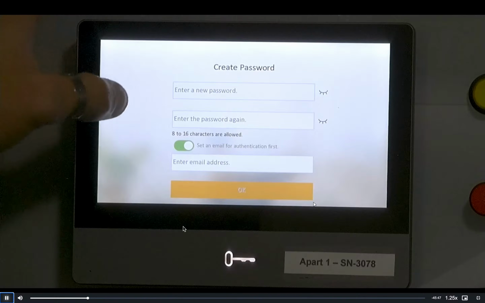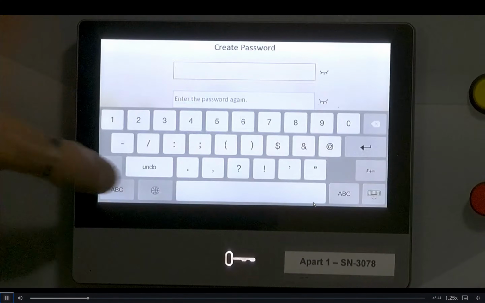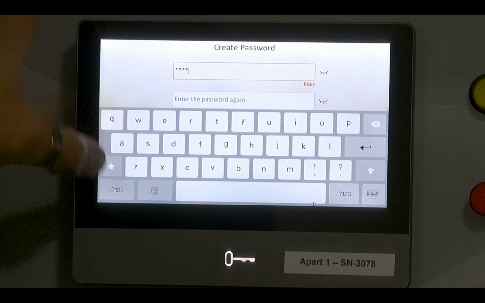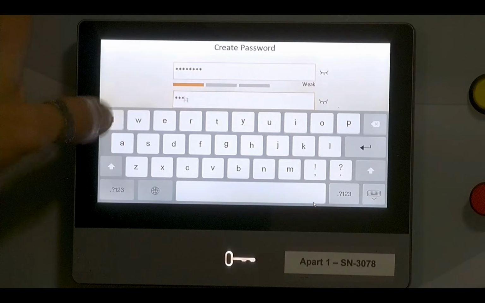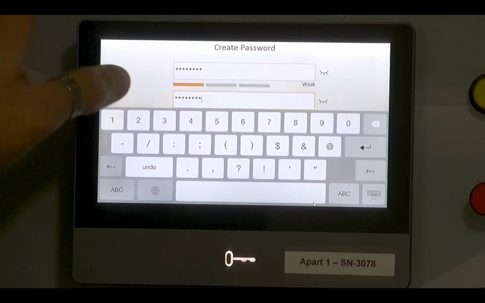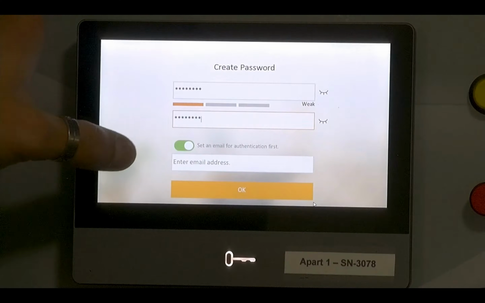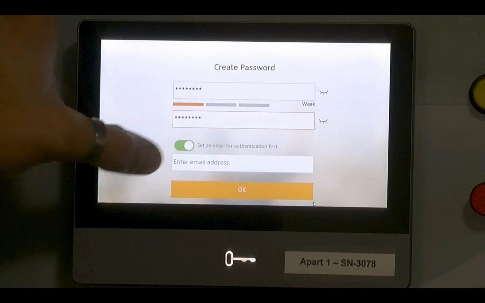The first thing I have here is to assign the activation password. So this is the password I'm gonna use today: 1234, 1234. Confirm the password: 1234, 1234. And in the latest firmware of Protocol 2, there is an option here to assign an email address